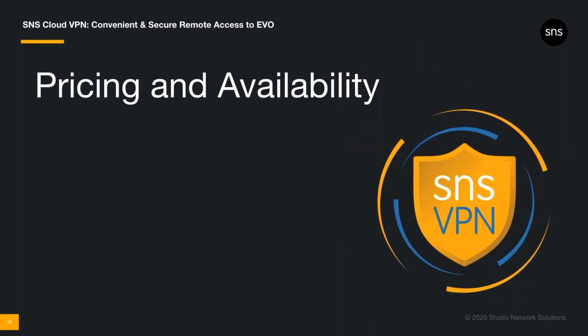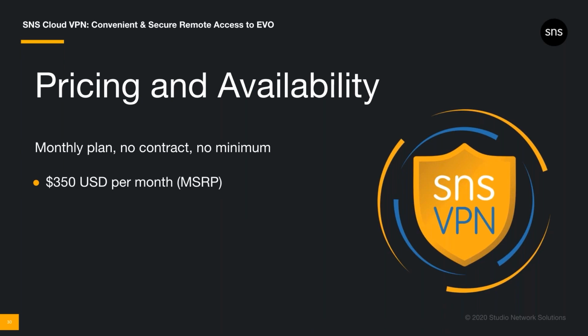So here's how we're rolling out our pricing. First, it's a monthly plan with no contract. You can cancel whenever you want. The cost is $350 per month, and that amount includes a monthly transfer allowance of up to 10 terabytes. Most customers won't hit it even if they were to transfer 24/7. But if you're concerned you may go over what's included, you can use the dashboard's budgeting controls to prevent that.